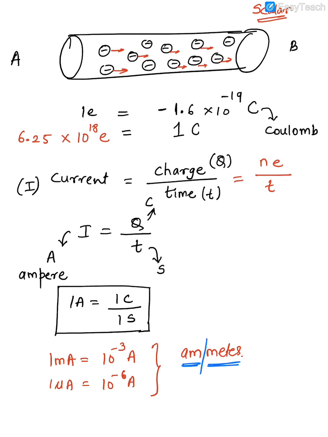Just one more very important thing that I did not mention earlier. Let's assume that the electrons are flowing from A to B. Now if the electrons are flowing from A to B, remember, current will always flow in the opposite direction. Okay, this current is called which current? Conventional current. Now I'll tell you the story behind it.